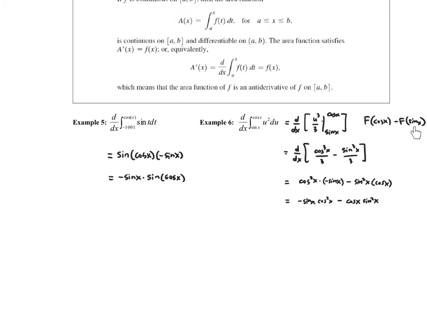But in this case, when we subtract a function and we take its derivative, we're going to be doing essentially the same thing we did with the upper function. So we plug in sine x, get sine squared x, and then we multiply by its derivative, which was cosine. And this minus right here comes directly from FTC part 1. So let me lay this out in a general form,